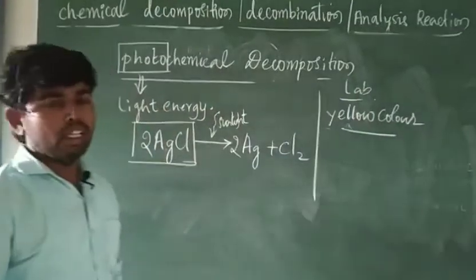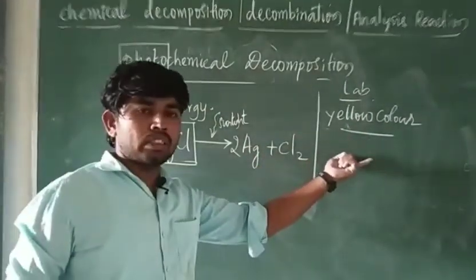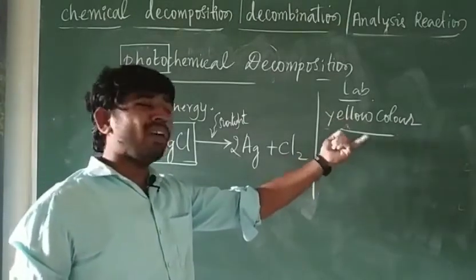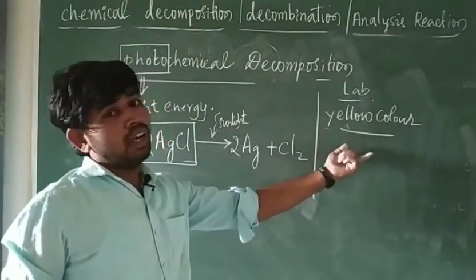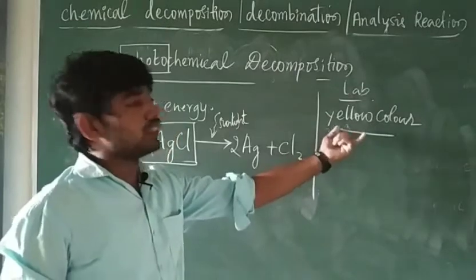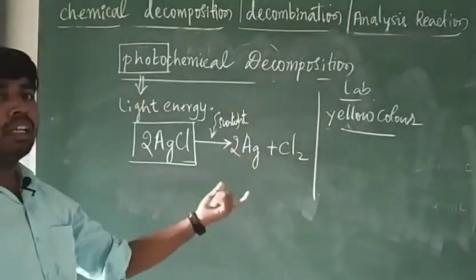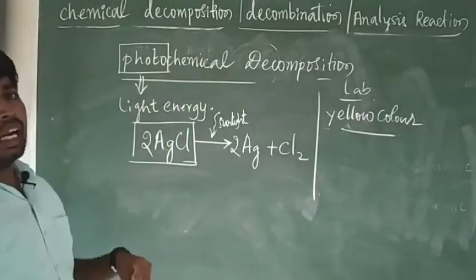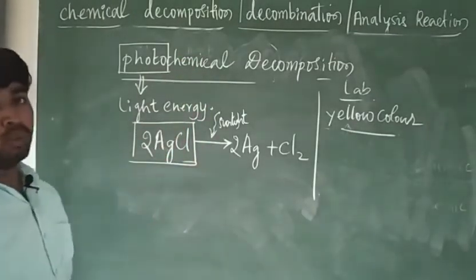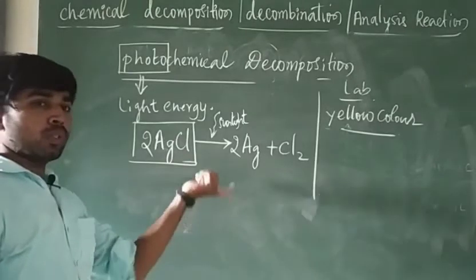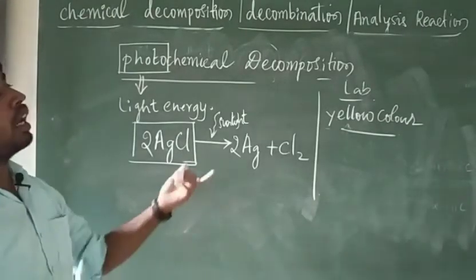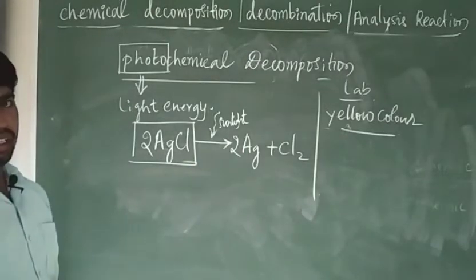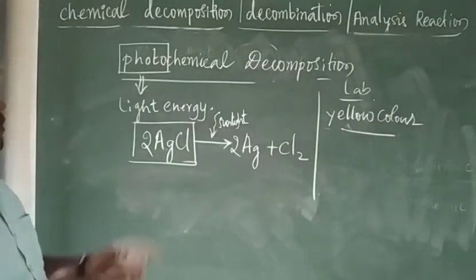In the laboratory you can see some yellow color glass bottles. They are storing chemicals in yellow color, not all the chemicals, some. Why? Because if we keep those chemicals in a normal container, I mean colorless glass, they can absorb the light energy and undergo a reaction. To avoid that, they have to be stored in a yellow color bottle, which can prevent light from entering the container. Okay, this is about the photochemical.